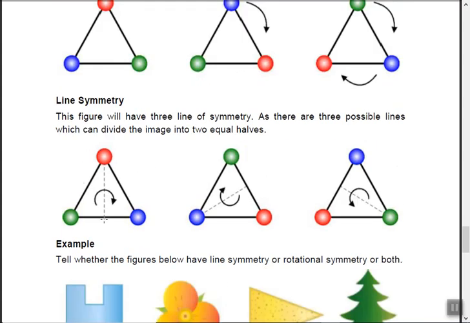Okay, in this figure, what will be the line of symmetry? There will be no line of symmetry. Why? Because line of symmetry means both sides should look the same on each side of the line, but here it is green and here it is red, so both don't look the same. If these balls had no color, then it would have had a line of symmetry.